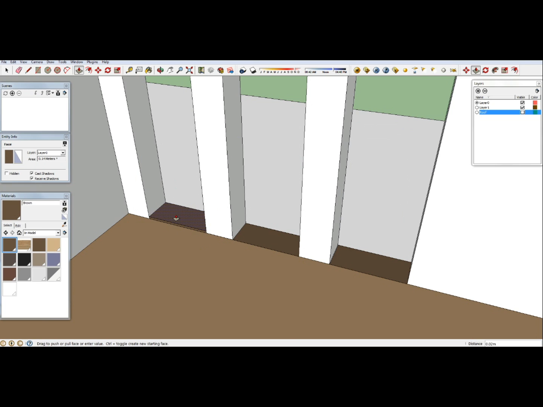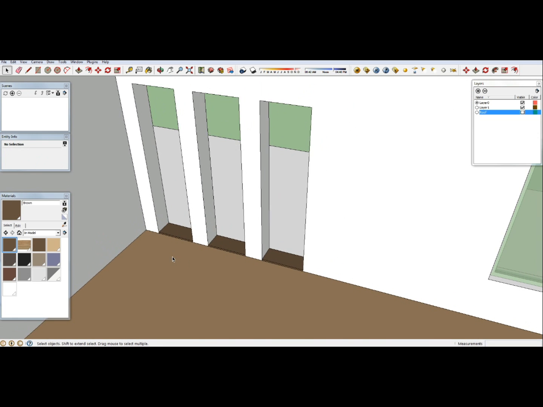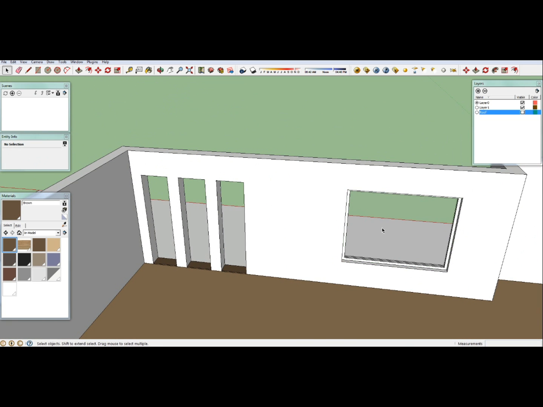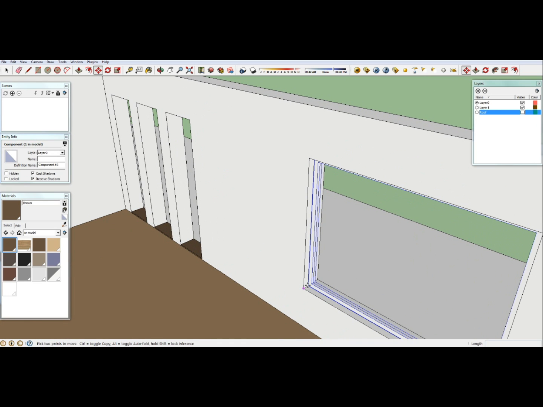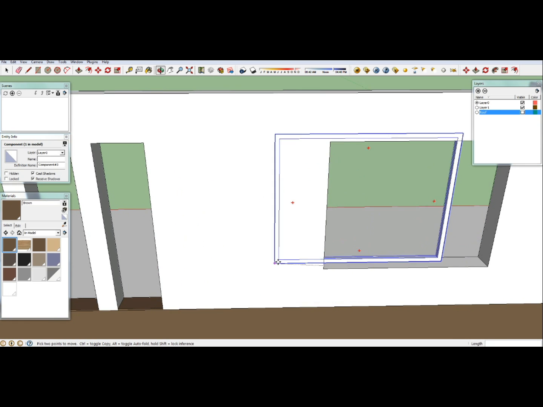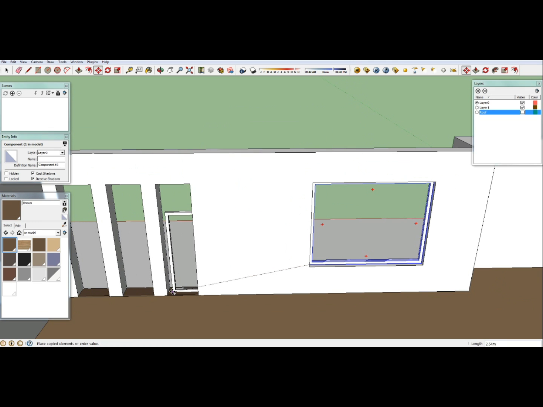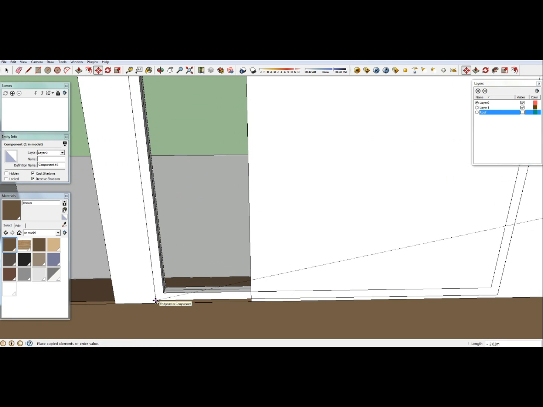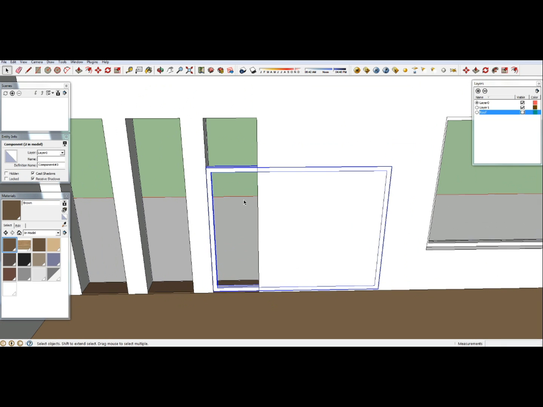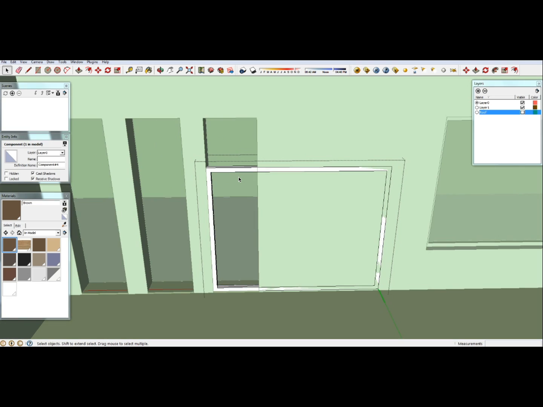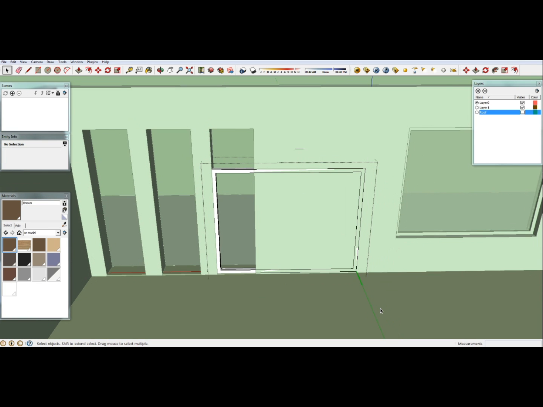Push that up a little bit. Or pull, I guess. Now I'm gonna copy this window into those holes. And again, hitting the control button, and then it copies it right into there. Now you do have to make this unique, because if you don't, it will change the original window to the